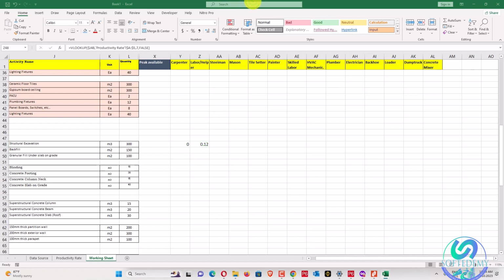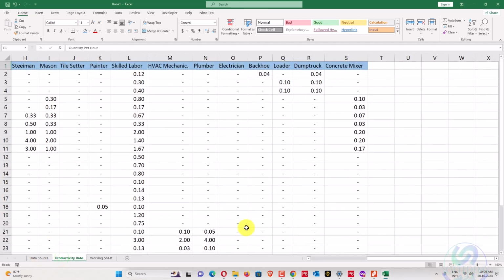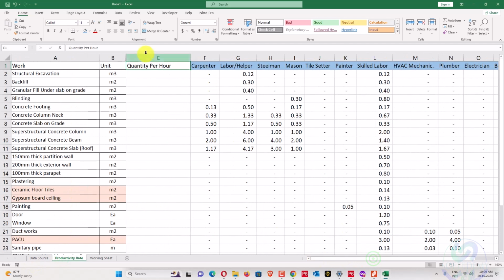So what will we apply for the hours? To apply for the hours, we have already available hour per quantity, like this one, hour per quantity. This is not quantity per hour.